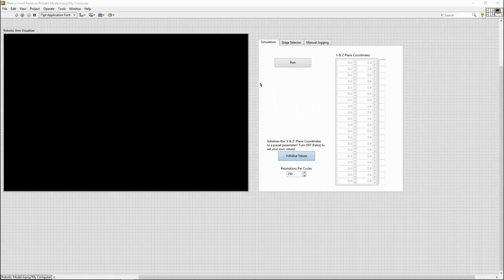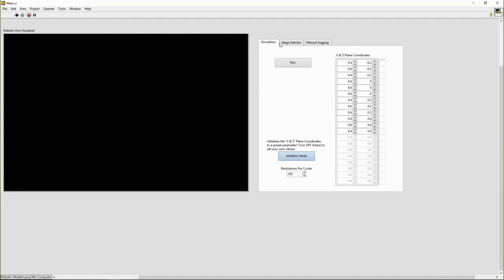Hi, today I'll be introducing to you the Robotic Modeling VI. We can get started by running it. Once we run it, you'll be able to see that it automatically populates the X and Z plane coordinates. This is a preset initial value that determines which state runs the VI according to these stages of the